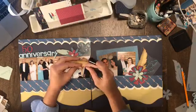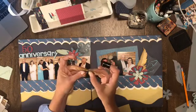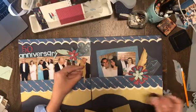Huh. All right, let me fold this one too. It's not as effective as the other one. It's not like not, but